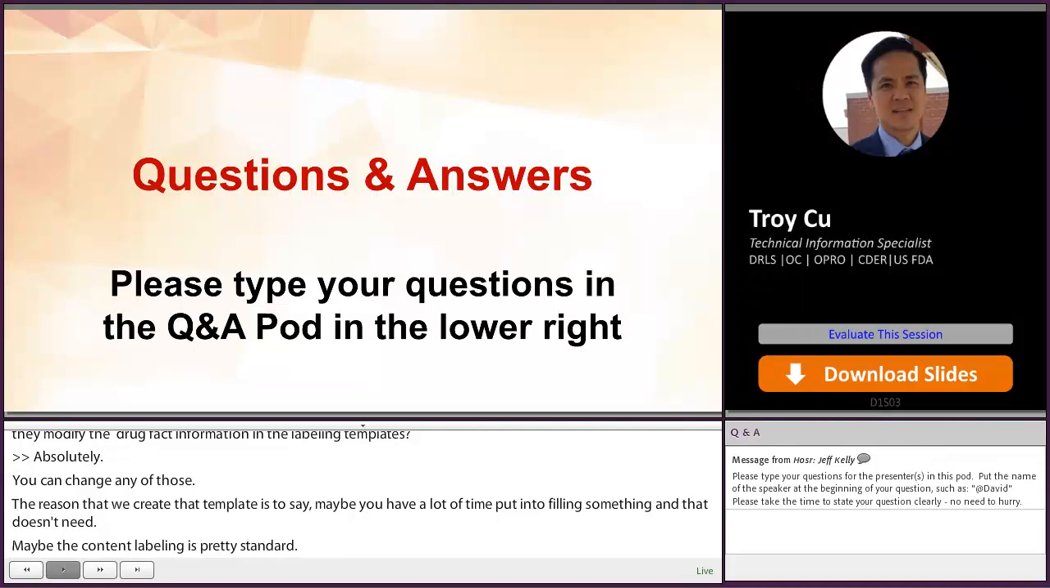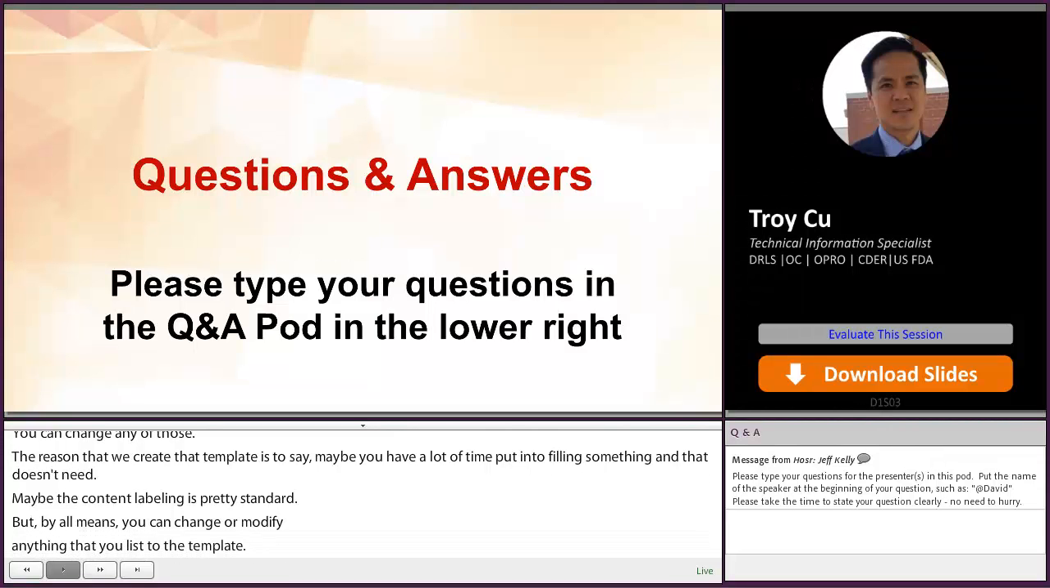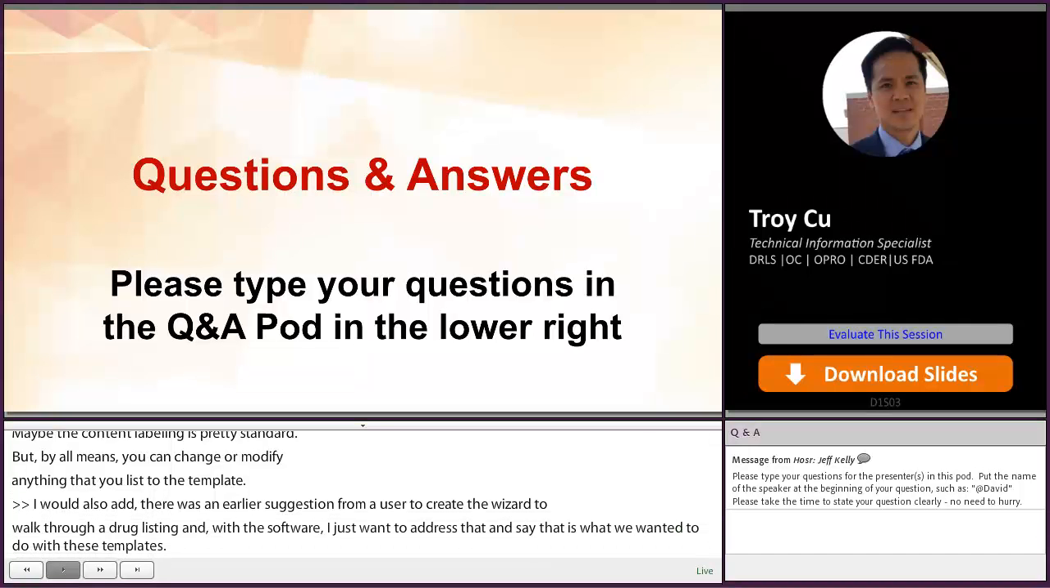I would also add, there was an earlier suggestion from a user, and thank you for that, to create a wizard to walk through a drug listing. And with the software, I just want to address that and say that's sort of what we wanted to do with these templates. If you see a value in there, then that's a value that if you're using the template to create a listing, you should look at, review, and see if it needs to be changed and modified to